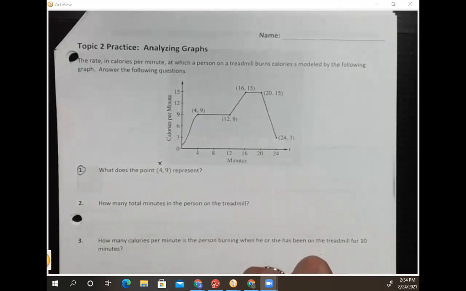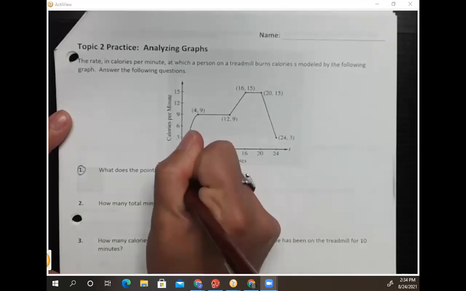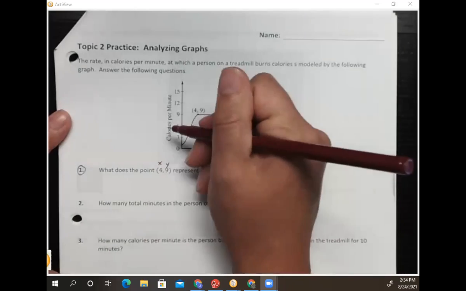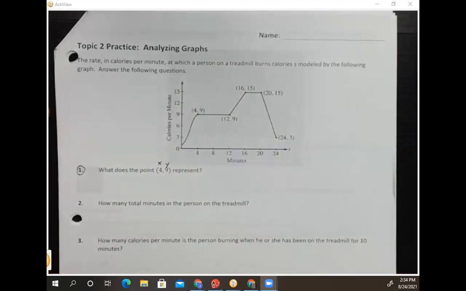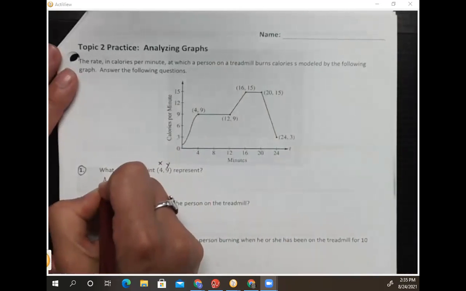So 4 minutes. And then Y is 9, so it'll be 9 calories per minute. And then I just need to add in the terms I need to make it a sentence, right? The way we can structure these descriptions may vary a little bit. So if you don't have exactly what I have, that's okay. But we should have something like at 4 minutes,